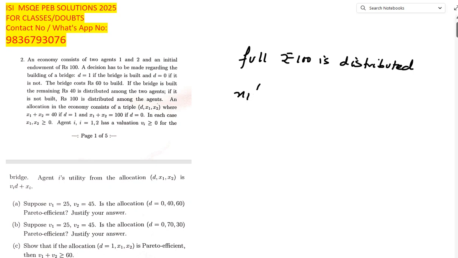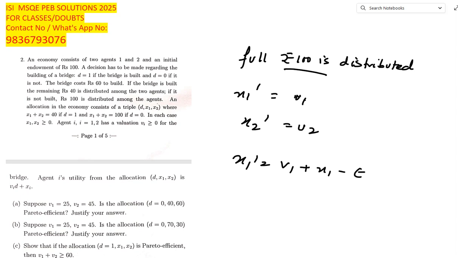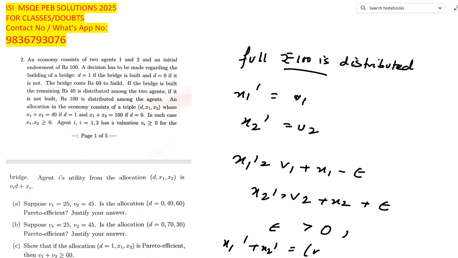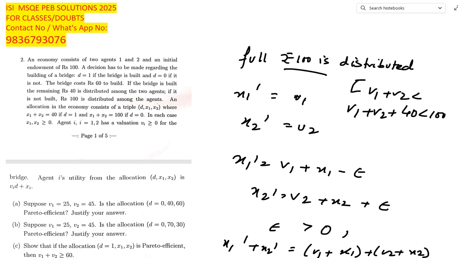So x1 bar is u1 and x2 bar is u2, and the total available is 100. So we can try reallocating: x1 bar is equal to v1 plus x1 minus a small amount, and x2 bar is v2 plus x2 plus that amount, such that the total is v1 plus x1 plus v2 plus x2. Okay, so then v1 plus v2 plus 40 is less than or equal to 100. Why? Because we assumed v1 plus v2 is less than 60. Okay, so therefore